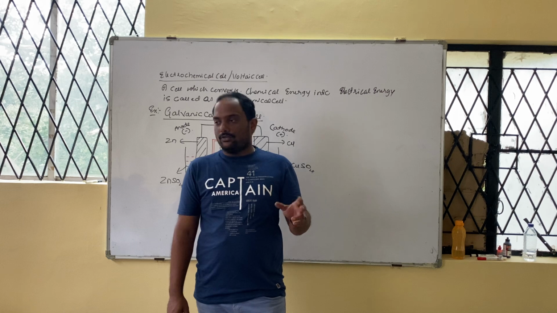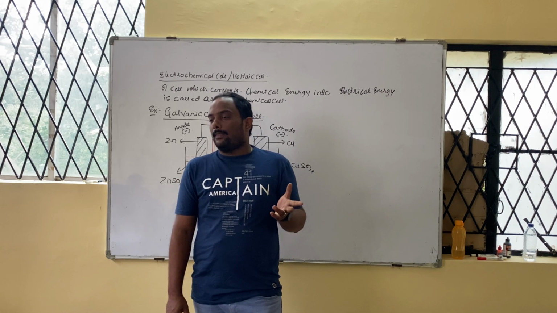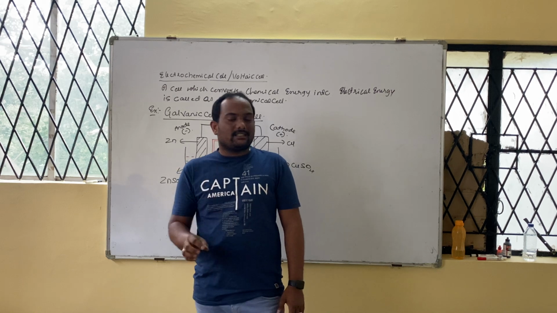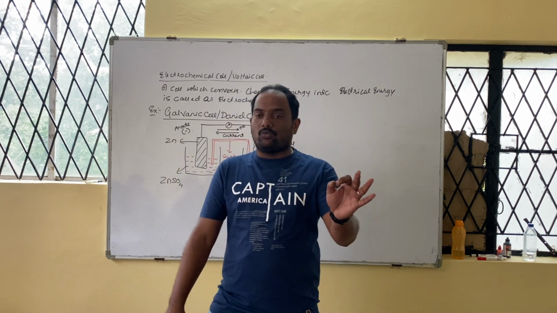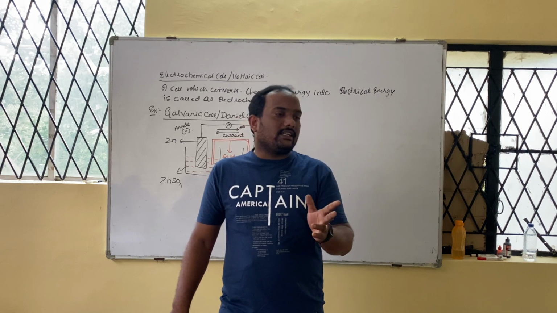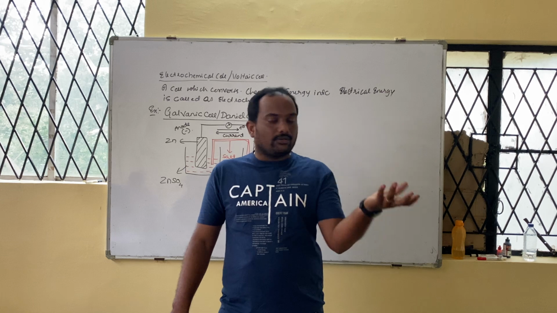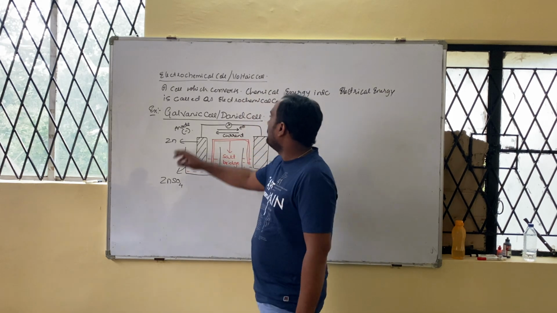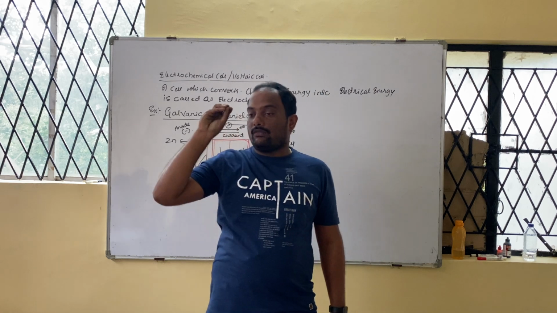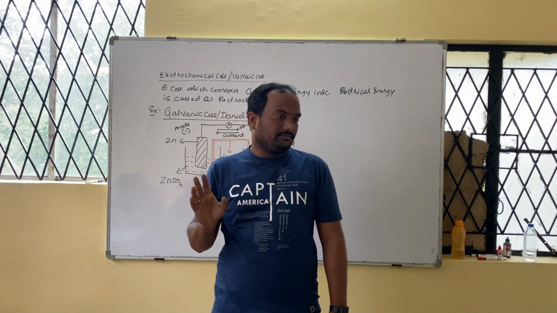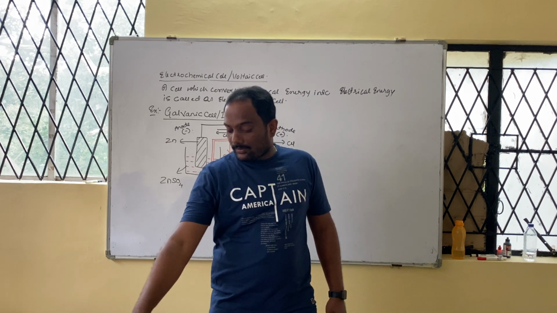You touch the cells, do you feel shock there? Mobile battery you touch, you feel shock? No. Why? Because the current obtained from these cells is very what? Less, hardly 1.6 volt maximum. Beyond that it is not possible to get. So such cells which convert chemical energy into electrical energy can also be called which cell? Electrochemical cell. In tomorrow's class we are going to discuss the same thing again, the diagram with its explanation. Okay. Tell your friends not to miss the class tomorrow.